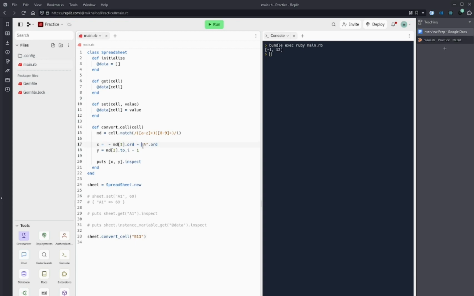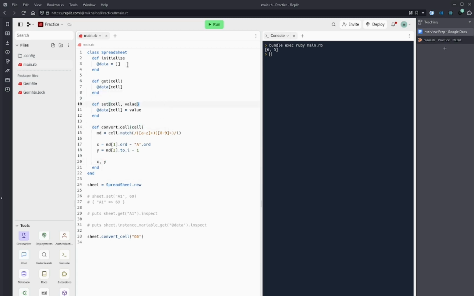So, as you can see, there's a lot of little things you just gotta keep track of and fix one by one. So now we're gonna see 1, 12. Test it on G6. So that should be whatever G is, and then 5. So A, B, C, D, E, F, G. G is the 7th letter, 0 indexed, 6. That's correct. So now we can return X, Y